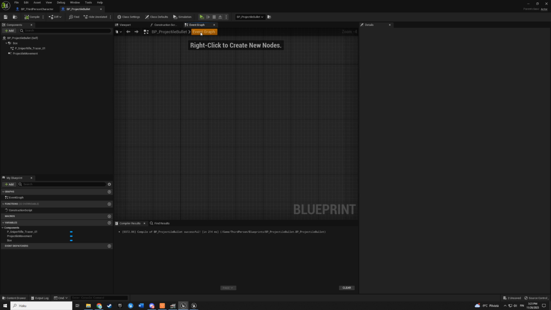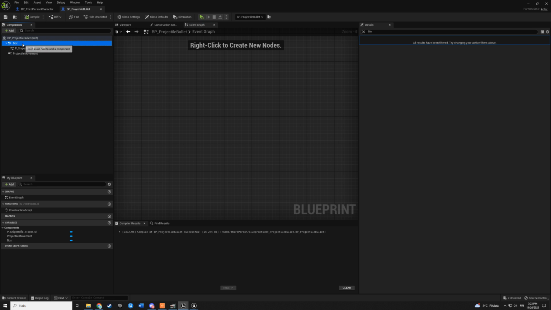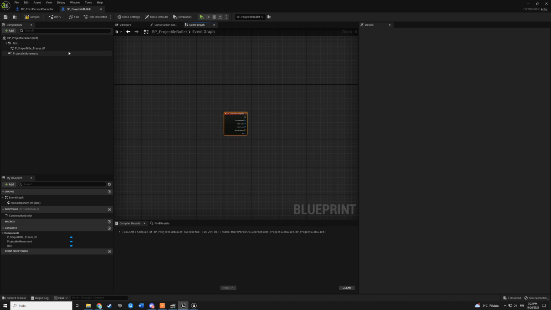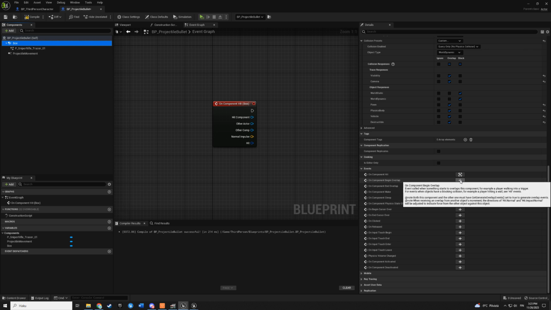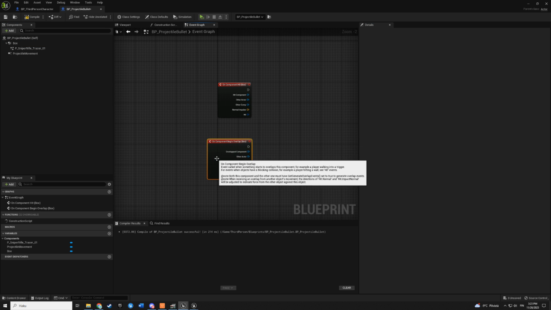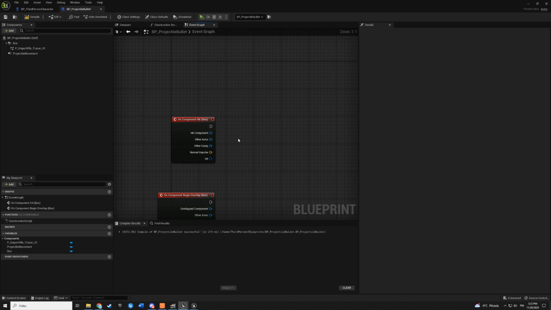Then what we need to create is 2 different events. On component hit. Actually, we can create it here. On component hit, and then on component begin overlap. And let's make this hit first.